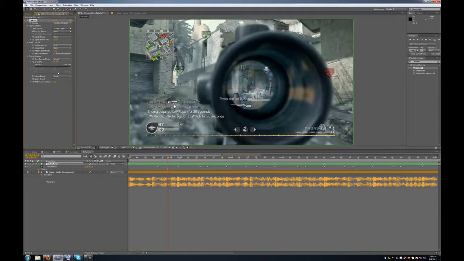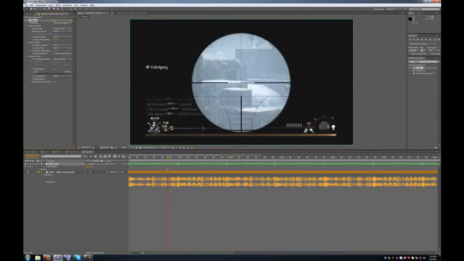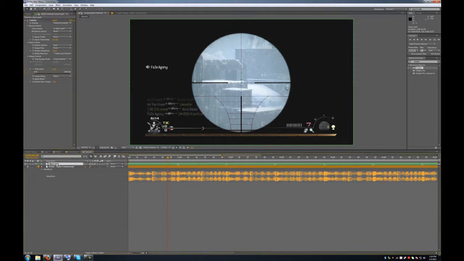59.94, that's the frame rate. And what you're actually going to want to do is change this, instead of speed, you want to change it to frame number. And make sure frame blending pixel motion is on. Alright. Now, obviously, that completely changed it. So you're like, what is going on? You're just going to keyframe frame number,